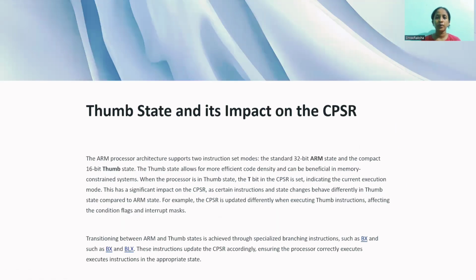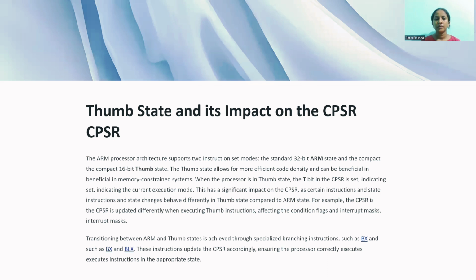The next one is the Thumb state and its impact on CPSR. The ARM processor architecture supports two instruction set modes, that is, the standard 32-bit ARM state and the 16-bit Thumb state. The Thumb state allows for more efficient code density and can be beneficial to the memory system. When the processor is in Thumb state, the T bit in the CPSR is set, indicating the current execution